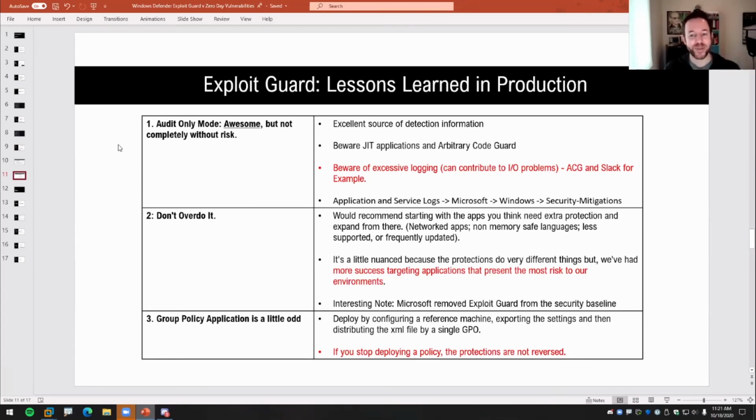But the problem I hit is that I applied that to the wrong control. I used that with arbitrary code guard on Slack at one point. And Slack's a just-in-time application. And so what that means is that Slack has behaviors that mean it is generating arbitrary code all the time, all day. And I deployed that to our whole fleet thinking, Slack's common, we need to protect it. Well, that was about 1 million events into our WEF pipelines every hour